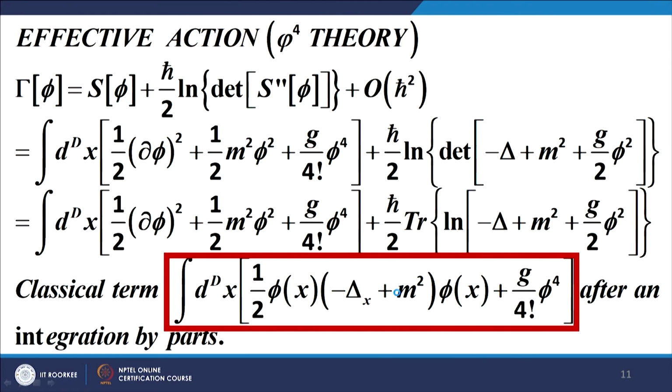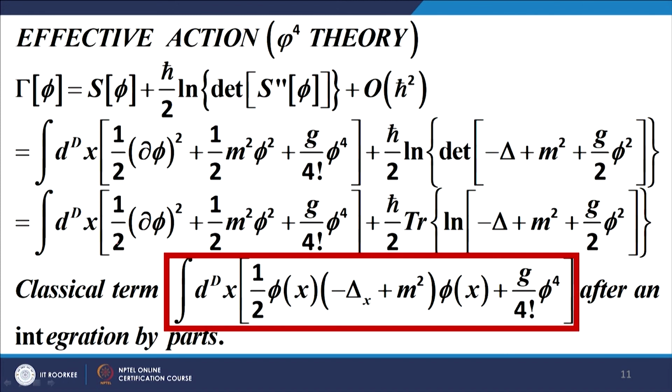Now, in the effective action for the phi 4 theory, what happens in the case of the phi 4 theory? In the case of the phi 4, this is the equation that we have just established. For the phi 4 theory, s phi is given by this expression, the first integral, and the second expression is the second term given in the expression for gamma phi, the effective action. Now, as far as the first part is concerned, we do not bother. The first part in fact represents the classical term.